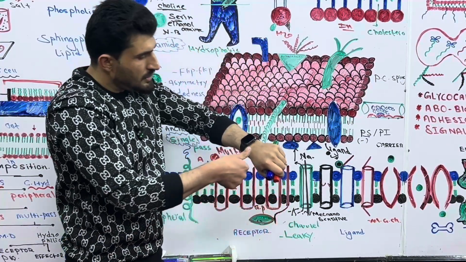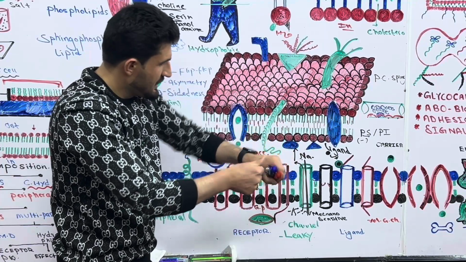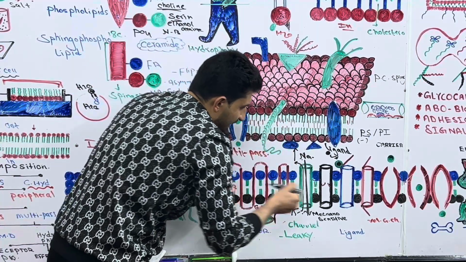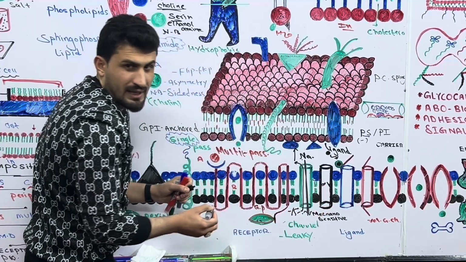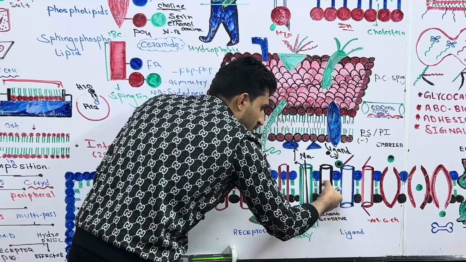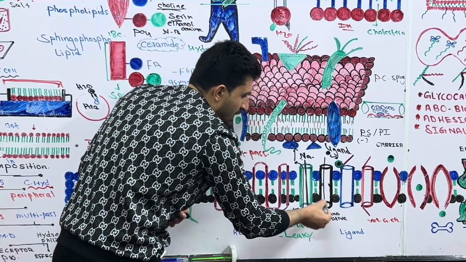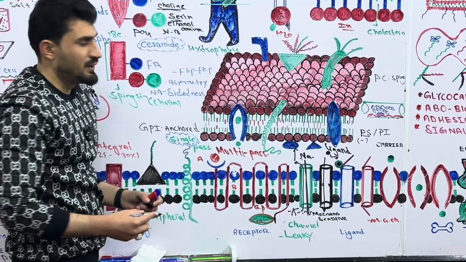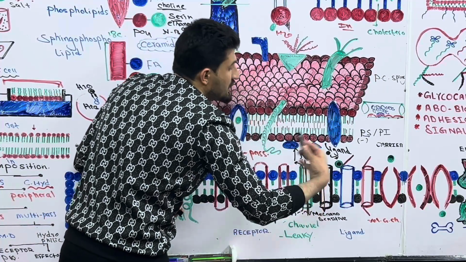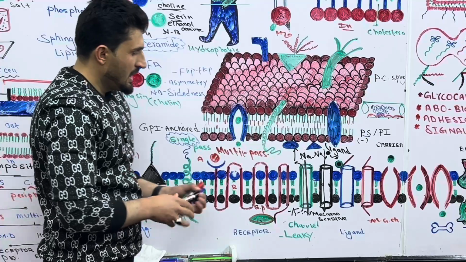Now when you press or touch these receptors, this gate is semi-closed. But when you put pressure on this receptor, this gate will be opened, and now this channel is permeable for a specific ion. For example, if this channel is for sodium, now sodium flows from